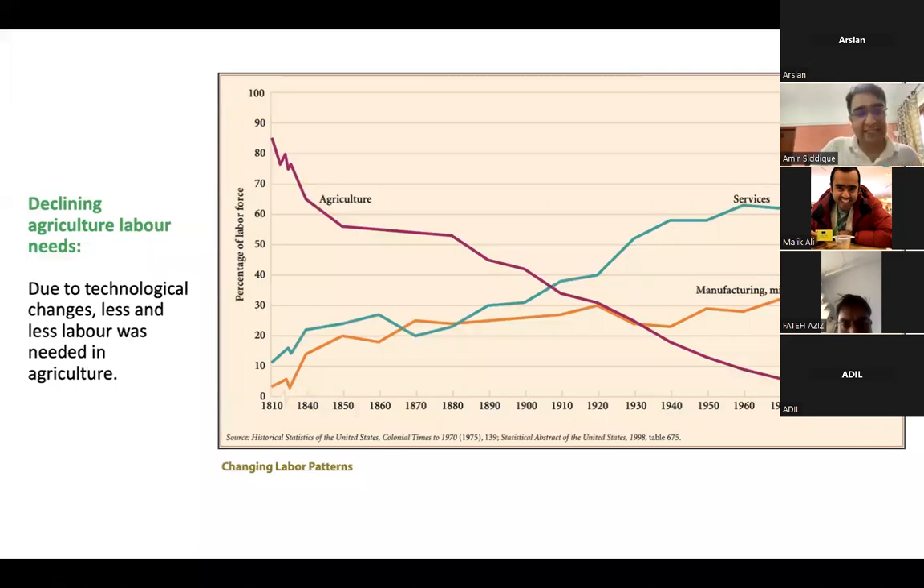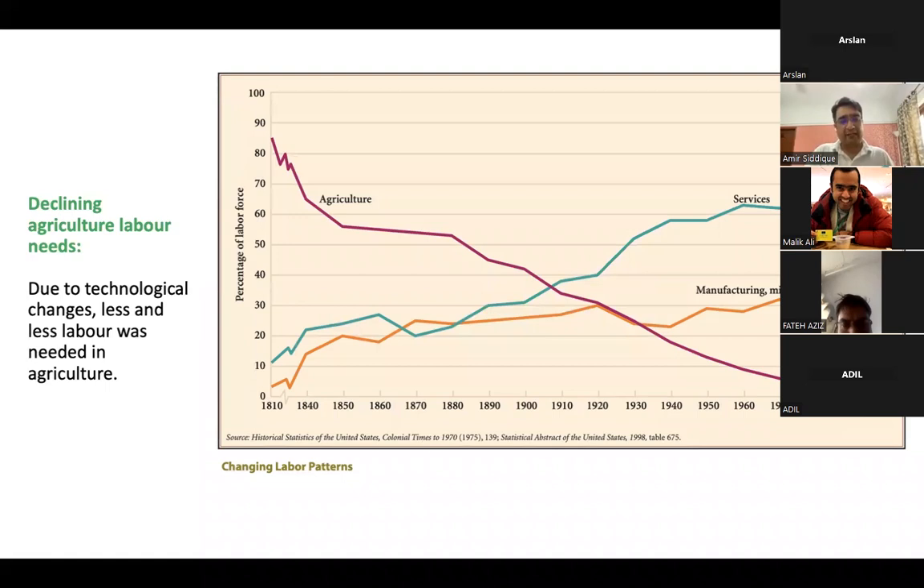As you can see, in 1810, the agriculture line is the red or purple line. In 1810, about 85% of the labor force were employed in agriculture. So even as late as 1810, agriculture is a primary sector in the US. It's a primary source of labor or employment, right? So 90% are employed in agriculture. It goes down steeply from there till 1860, when we have about